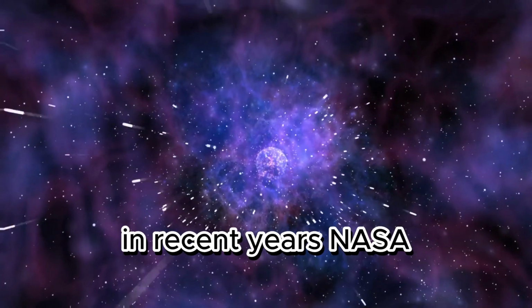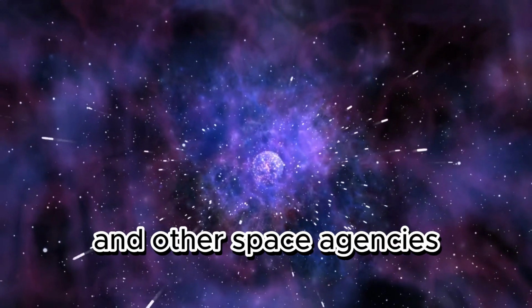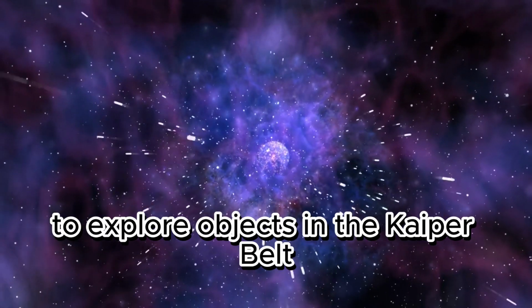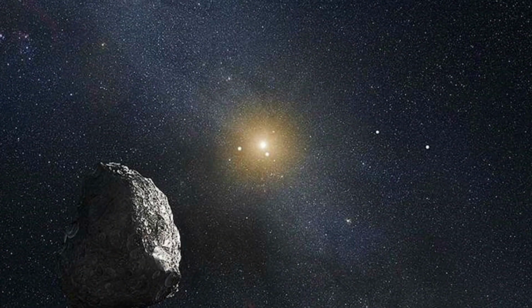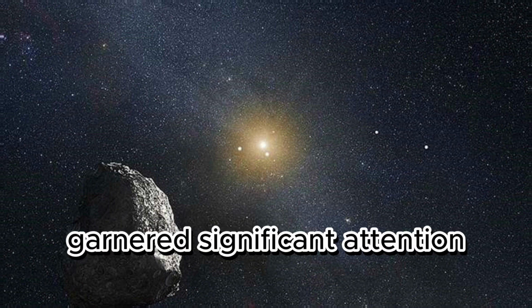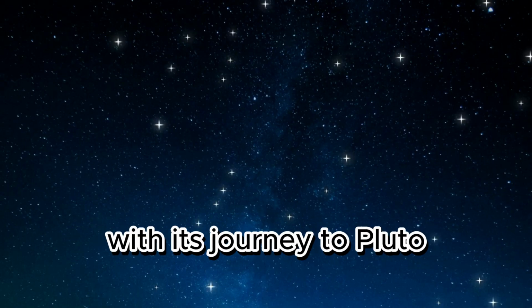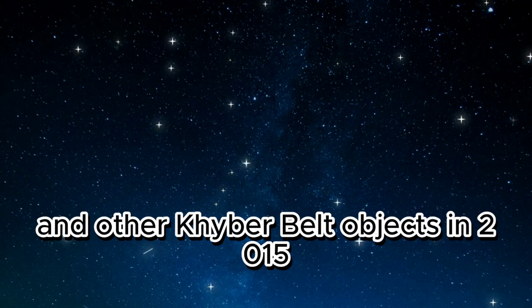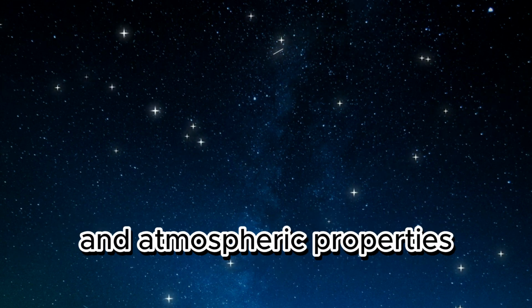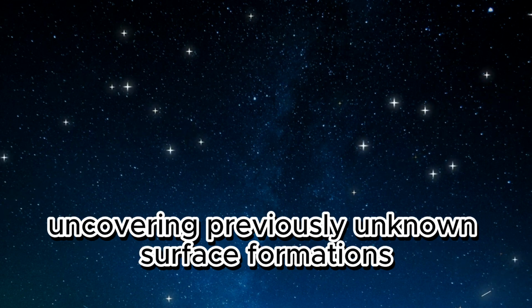In recent years, NASA and other space agencies have launched a series of missions to explore objects in the Kuiper Belt and beyond. Notably, the New Horizons spacecraft garnered significant attention with its journey to Pluto and other Kuiper Belt objects in 2015. New Horizons revealed detailed features of Pluto's surface and atmospheric properties, uncovering previously unknown surface formations and